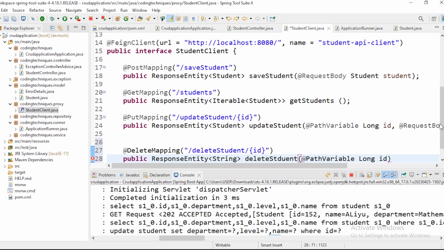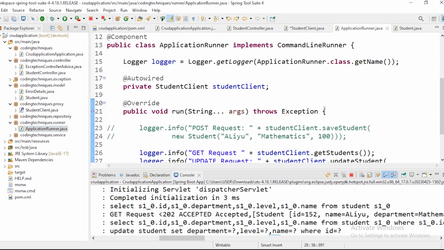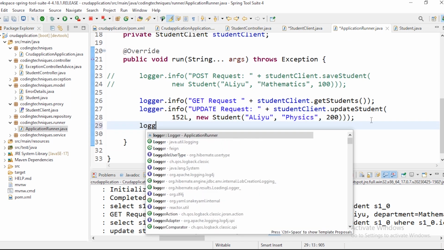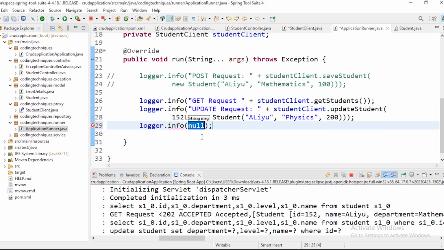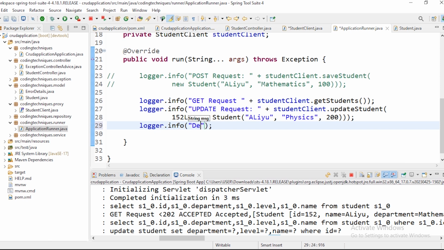Okay, so let's add this here. Here we have the delete. We will delete by the ID. Okay, let's have this. We will call this in our application runner, and here it is, logger.info delete request,